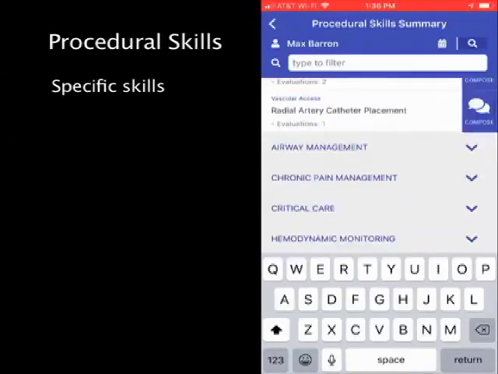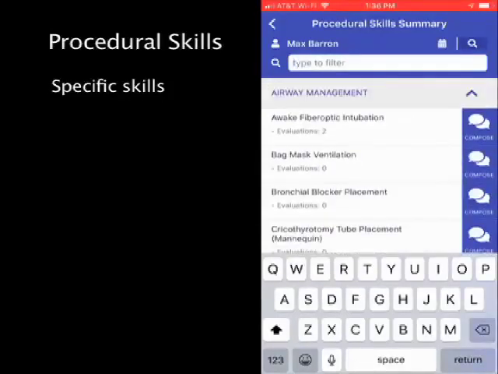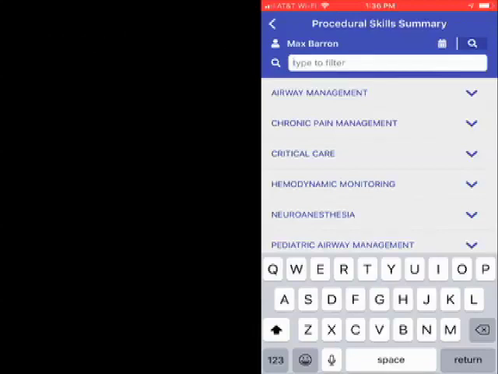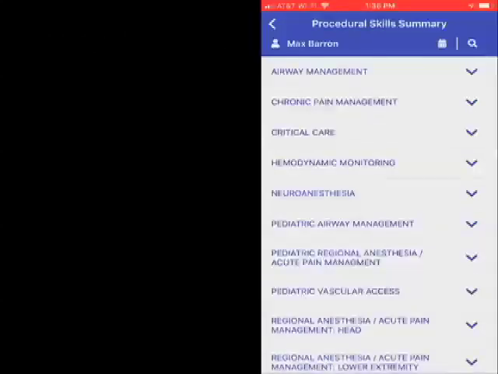Again, there are category buttons that I can use to open the category, or collapse the category, to show all of the things that are in that category. There are many more procedures than EPAs, so it's a much longer list. I will use the search function to narrow the list. So let's say I want to search for a radial art line. So I'm going to hit the search button,